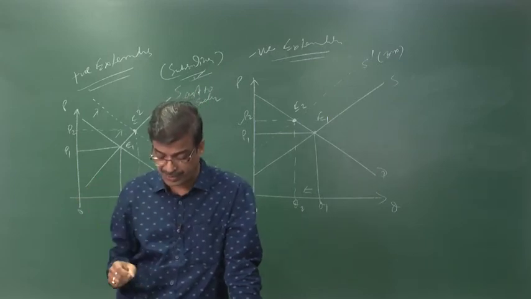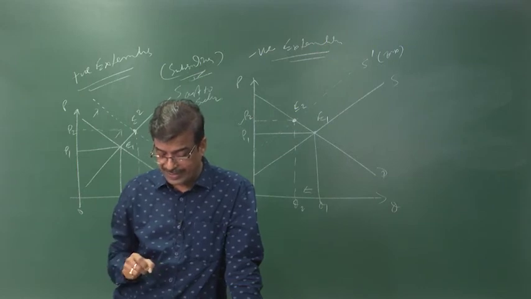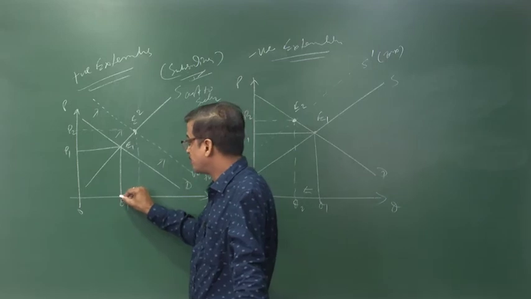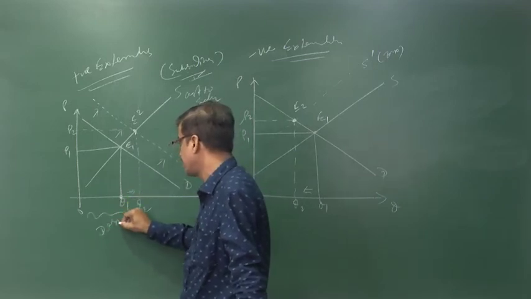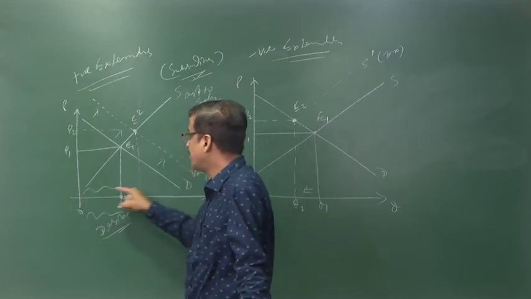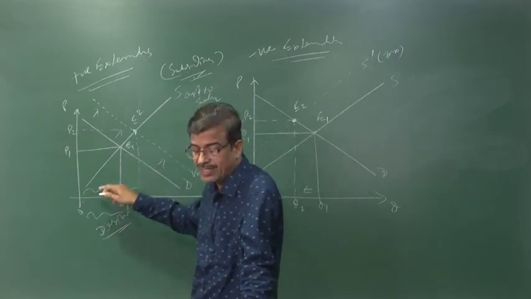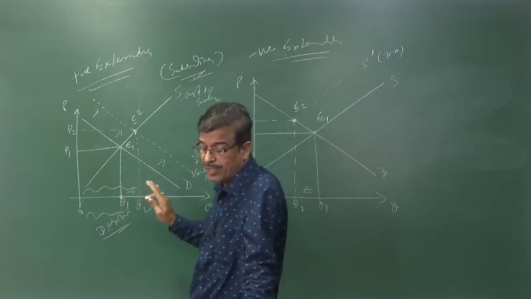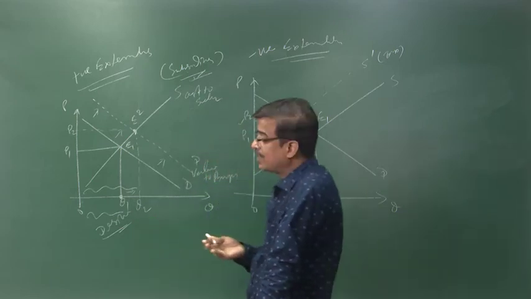The most important point is that in positive externality, the market produces a larger quantity than the society desires. What does the society desire? Society desires at this particular point. This is the desired component. Society desires OQ1, but it is supplied more. That is the case of positive externality. In positive externality, the market produces a larger quantity than the society desired. But in case of a negative externality, the market produces a smaller quantity than the society desired.